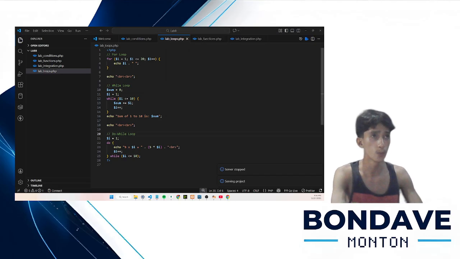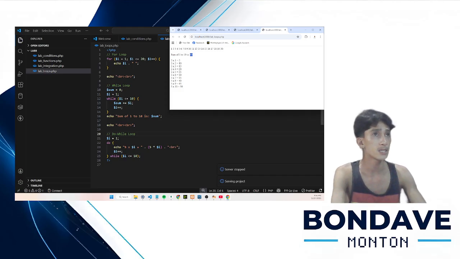Now the do while loop here, I've explained it earlier.